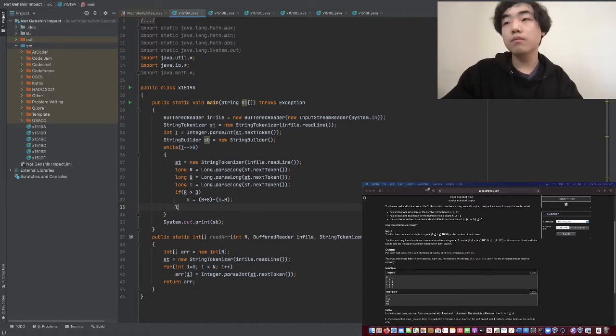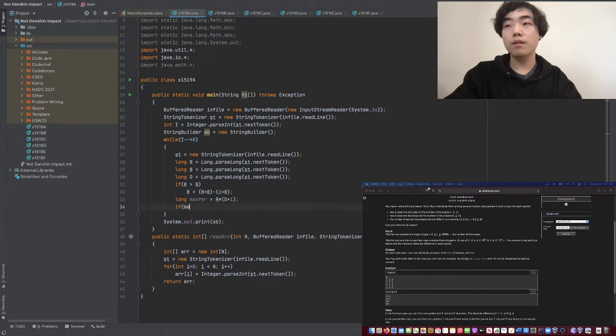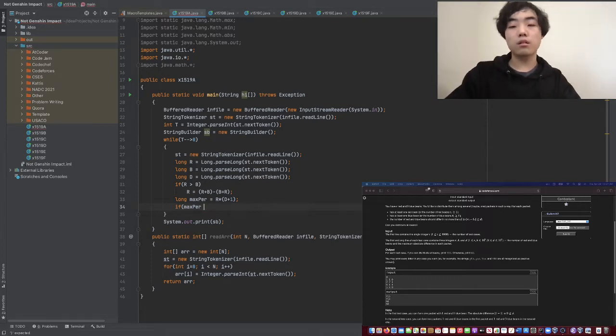Max per is equal to, we have R buckets. Out of these buckets, we can have at most D plus 1 beans in them. Yeah, these are how many? And then if max per times. Wait, yeah, okay, if max per is strictly less than B, then